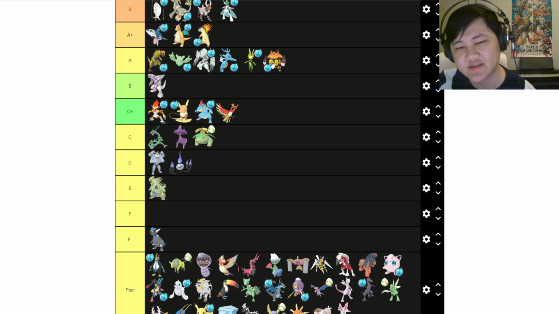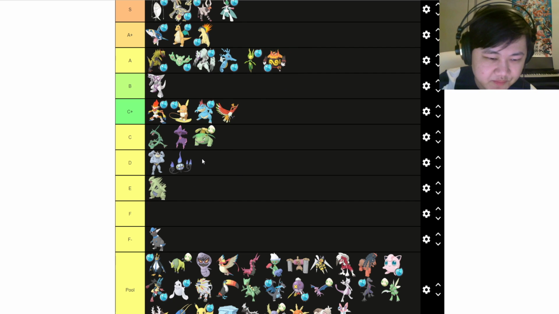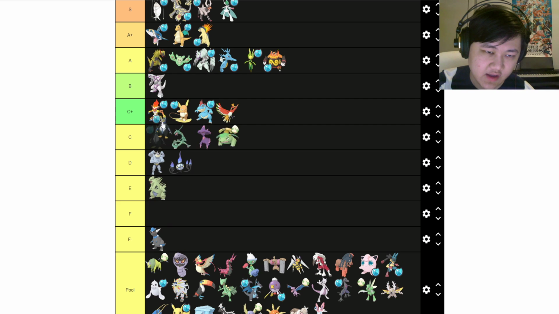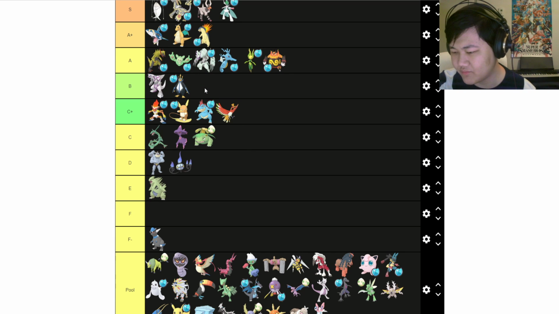And Emboar also has potions. The potion thing just pushes Emboar over the top, from B to A or whatever, right? So, yeah, there's that. Moving on, Empoleon, another sync nuker. Although, again, Emboar's not just a sync nuker. Emboar also does good damage. I'd say probably B. Empoleon, I think,